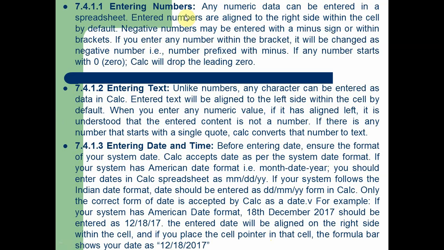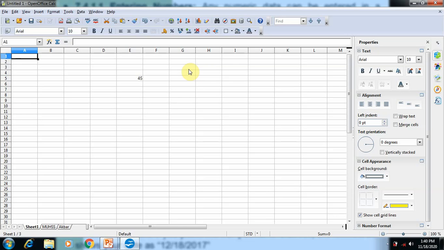For example, entering numbers. Whenever you enter any number, that number will be converted in its alignment within the cell into the right alignment. So negative numbers may be entered with a minus sign. If you enter any number with a bracket, it will be changed into a negative number. For example, a number prefixed with the minus. If any number starts with zero, Calc will drop the leading zero. For example, we will try to enter the numbers in the